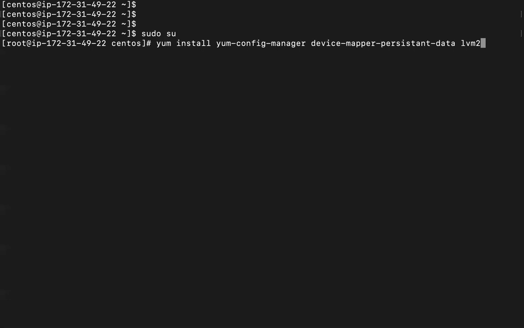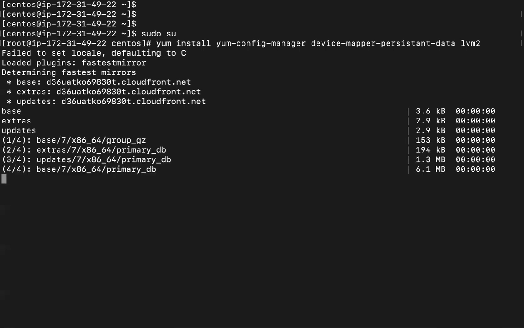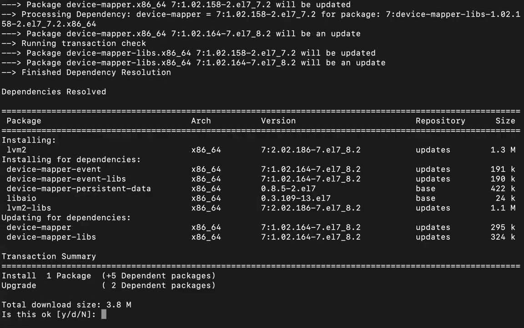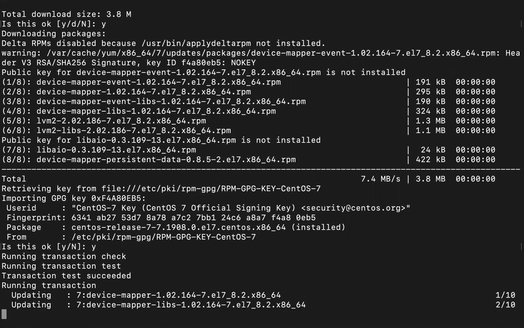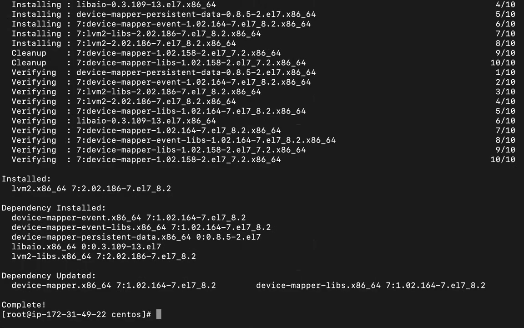So these are the packages that you'll have to install using the yum install command in order to get started with Docker. So let's go ahead and install these packages. Give me an acknowledge as yes. One more acknowledgement. Okay, so once these three packages have been installed,